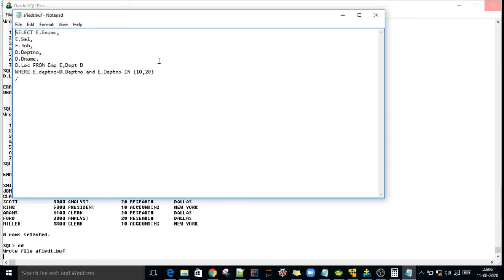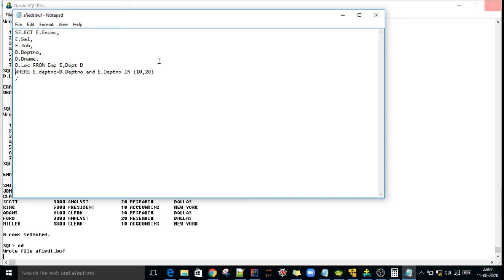They will give some requirement: I want to fetch all employee table and department table details except 30 department. That is the question. So for that, using NOT IN we can do it, right? NOT IN 30 we can mention in a where clause.